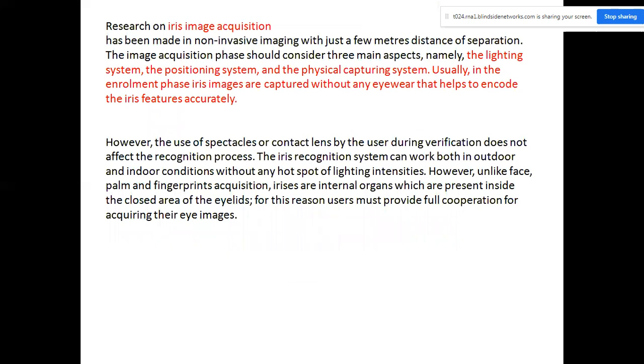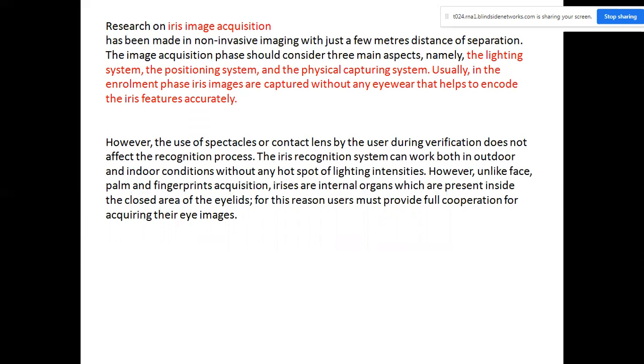What is the research on image acquisition? It has been made on non-invasive imaging with just a few meters of distance of separation. The image acquisition phase should consider three main aspects, namely lighting system. Because when capturing the particular eye image, we need light.